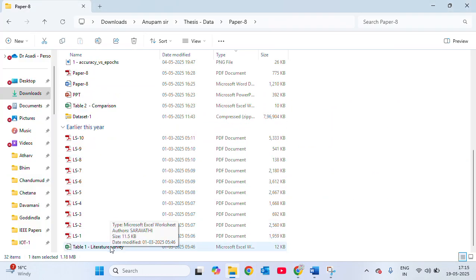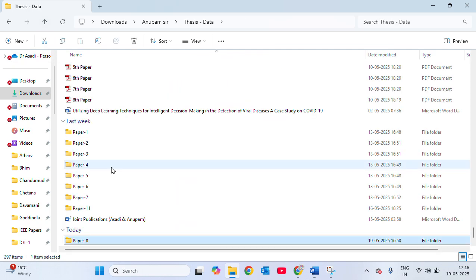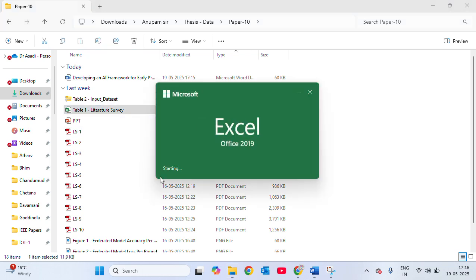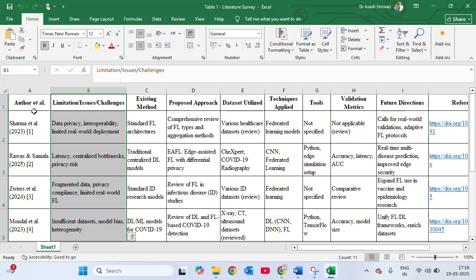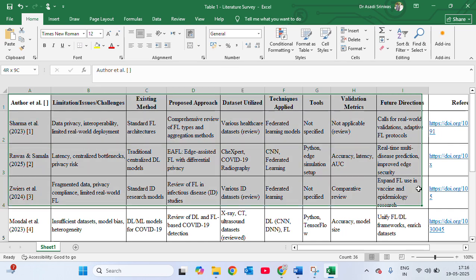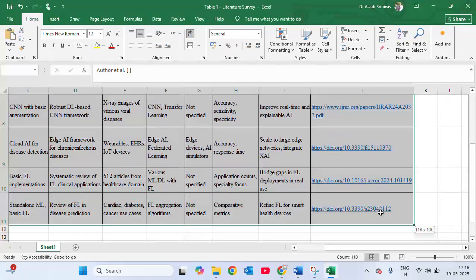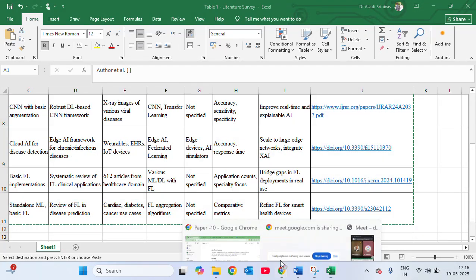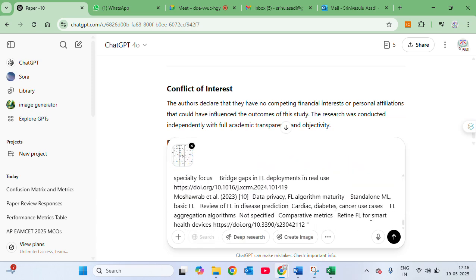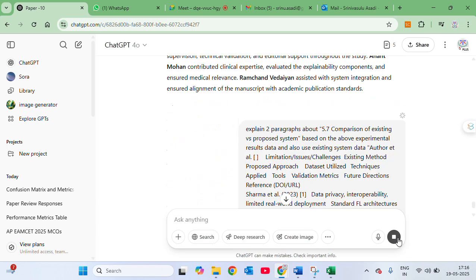In this literature survey table, paper number 10, in the literature survey we have existing data, you know. So we have collected all the data. See, like this we need to keep. So we need to copy these papers, this data. This is called existing data. Now we are comparing our experimental data with the existing data. Now it will explain. Now see,